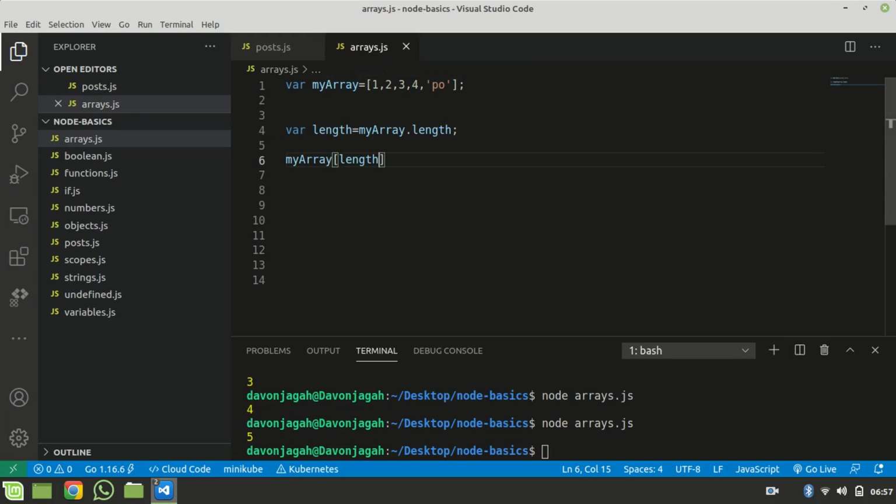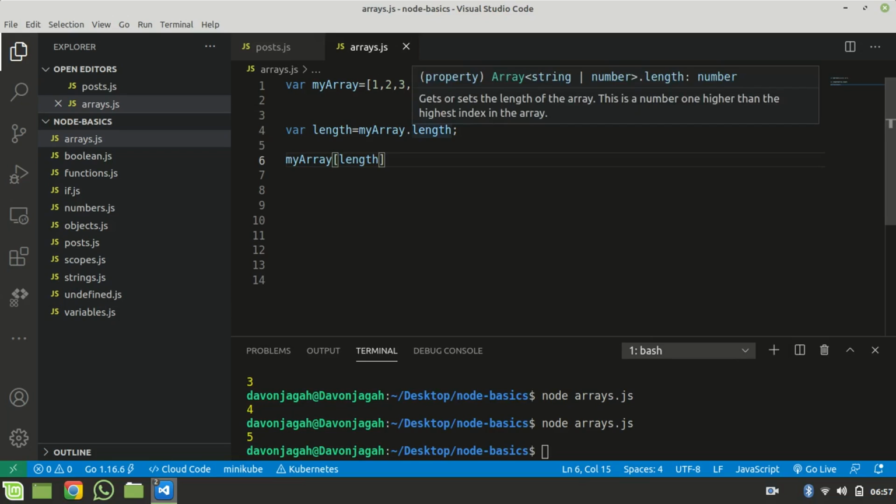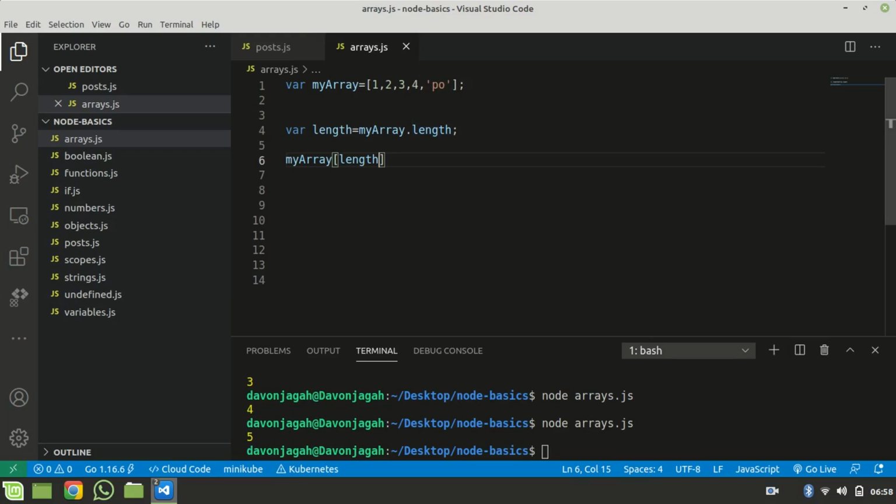So this is the 0 index, the first index, second, third, fourth. That means the last element in our array has an index of 4, while the length is equal to 5. If we want to add another element to this array, we have to give it index 5. Since the length is already 5, we can just say my array length is equal to 6, for example. Or let's do a string,